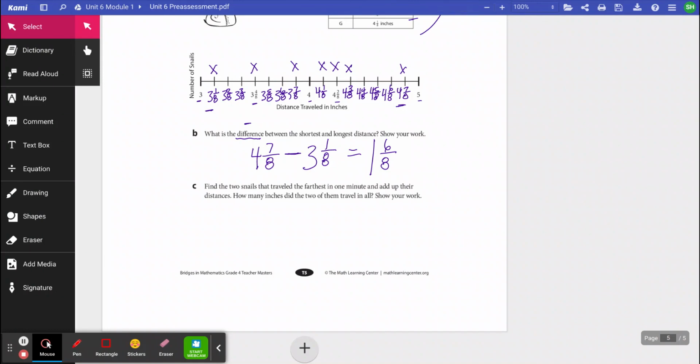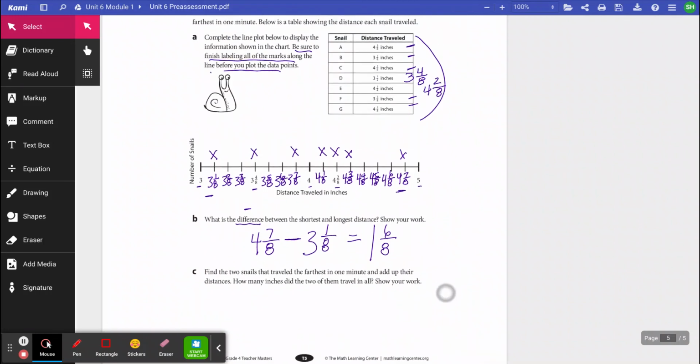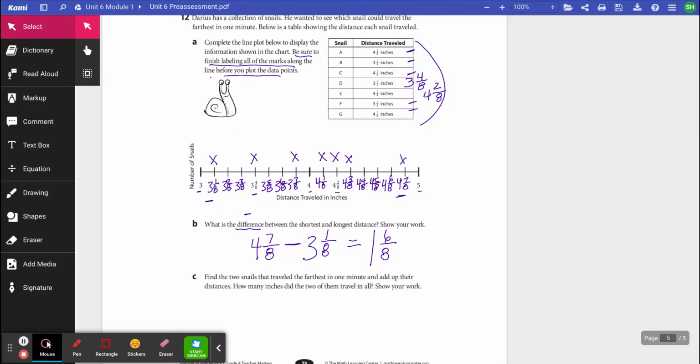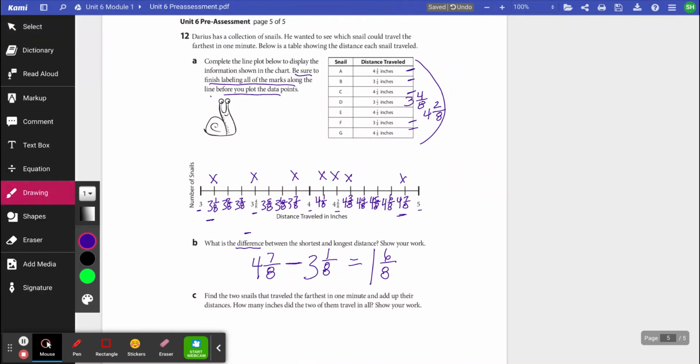Find the 2 snails that traveled the farthest in 1 minute and add up their distances. How many inches did the 2 of them travel in all? So I have to find the 2 snails that traveled the farthest. Well, here's the one that did the farthest, 4 and 7/8. And I'm going to add him to the other one. 4 and 3/8 is right there. I'll add those 2 up. They traveled the farthest. My whole numbers, 4 and 4 is 8. And then 7/8 and 3/8 is